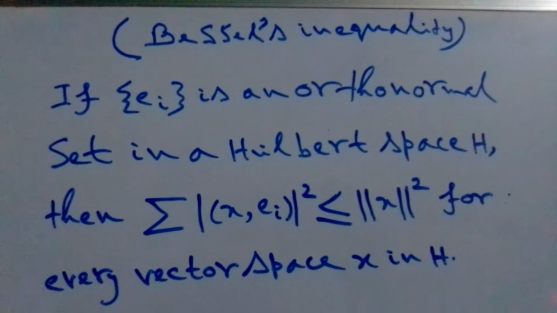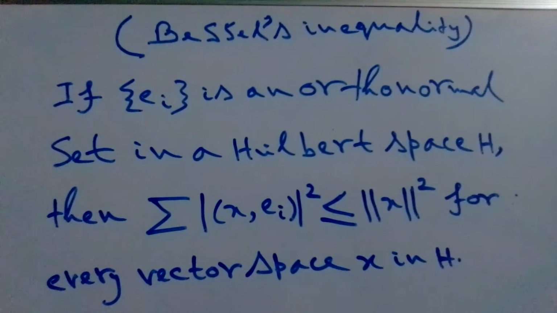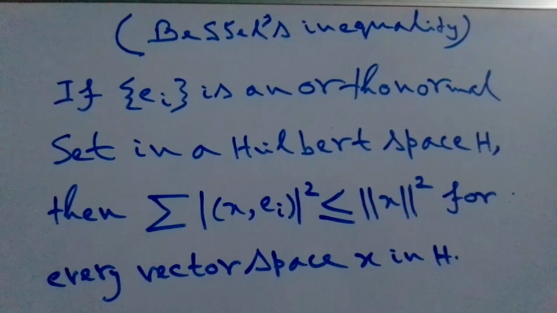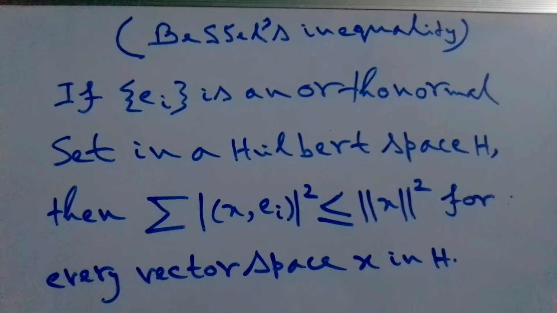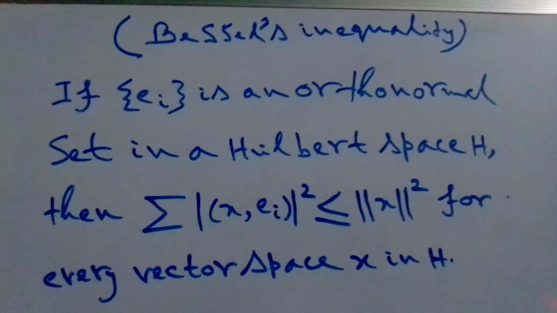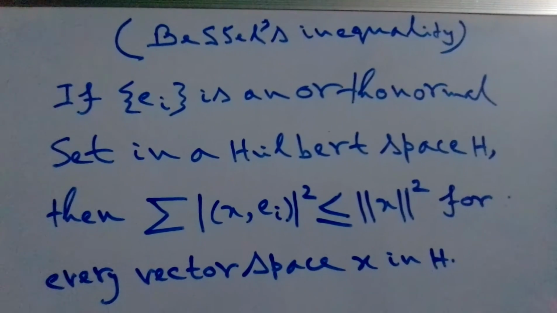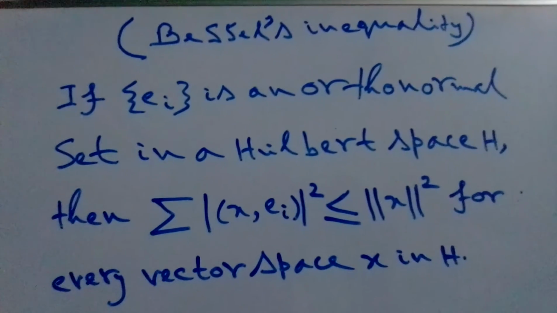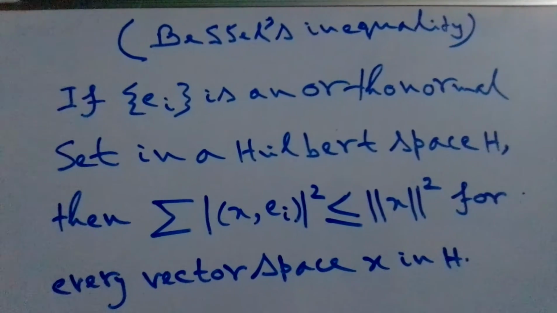If e_i is an orthonormal set in a Hilbert space H, then the summation of mod of x dot e_i whole square is less than or equal to the norm of x square, for every vector x in the Hilbert space H. Now let's look at how to prove this result. For the proof,